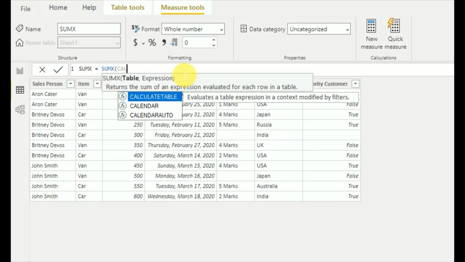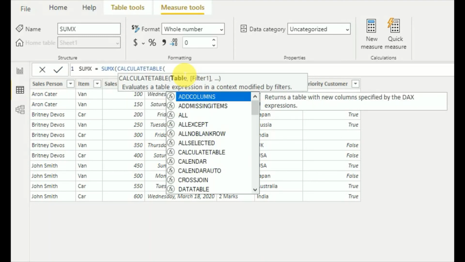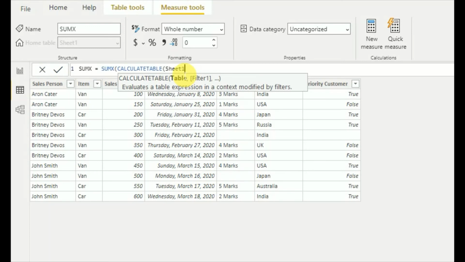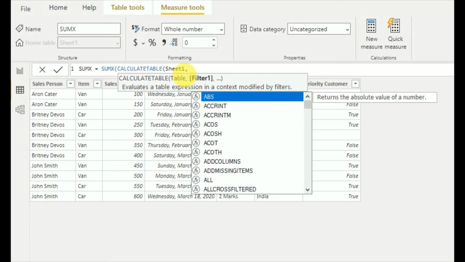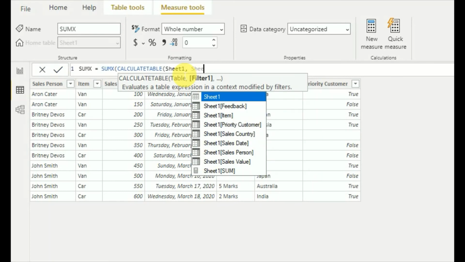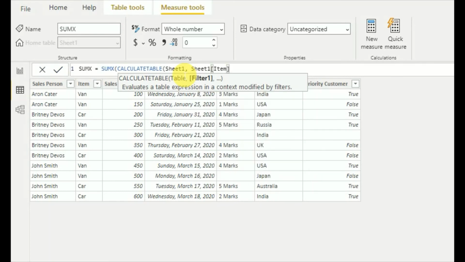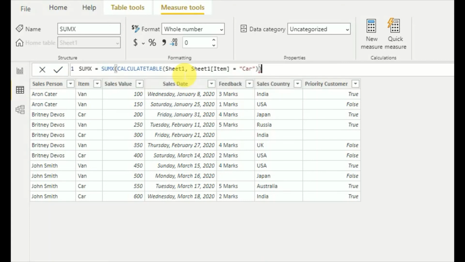Here we use CALCULATETABLE, then Sheet1, and as a filter we can say Sheet1 item equals car. Same as FILTER, so we can provide a table in different ways.